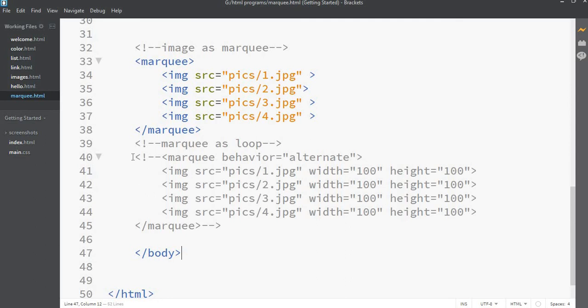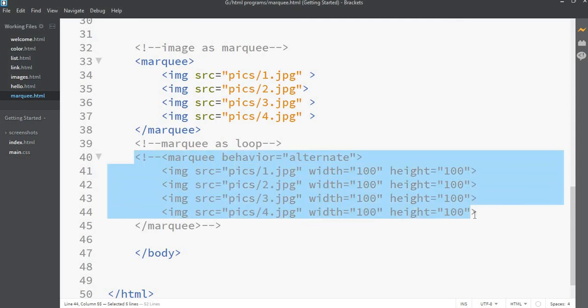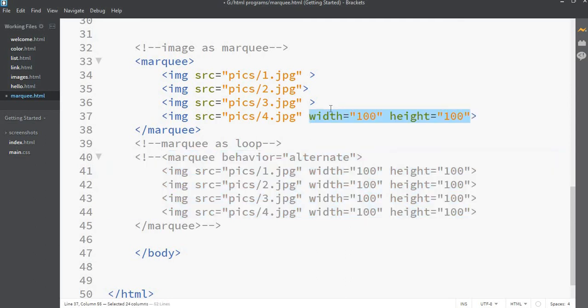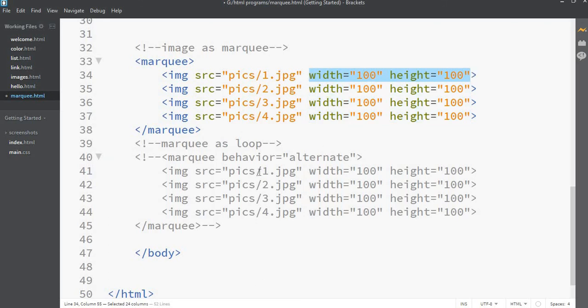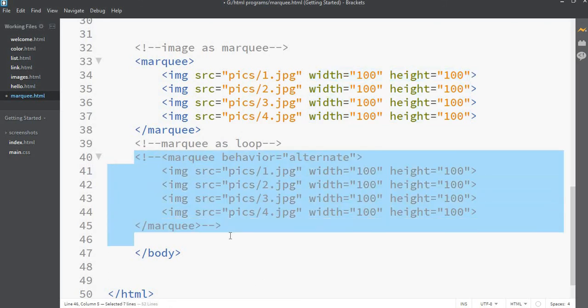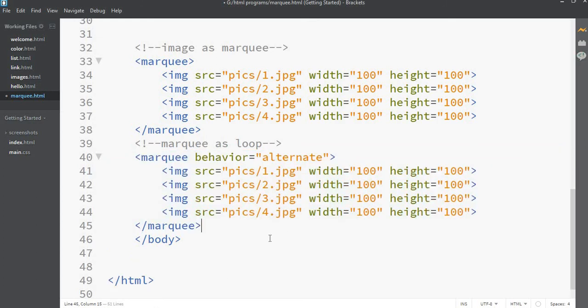So now the last one is marquee as a loop. If I want to use marquee as a loop, here I am setting the behavior alternate. Let's see the difference between this and this one. In this I will not set any behavior, but here I am setting the behavior as alternate. It is not a loop one.